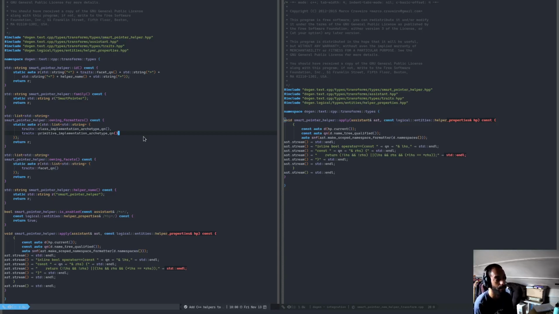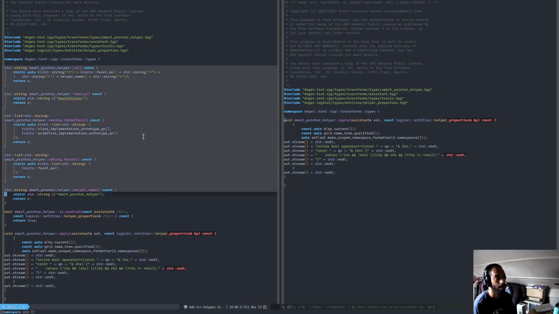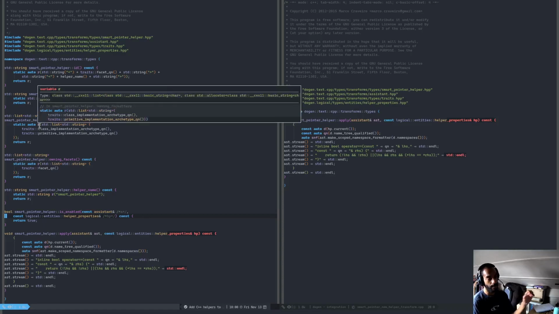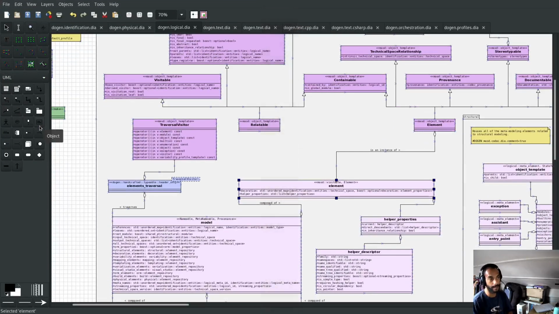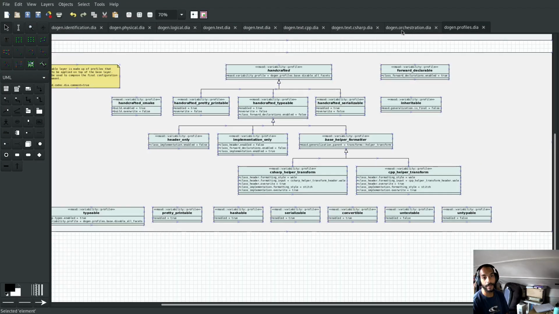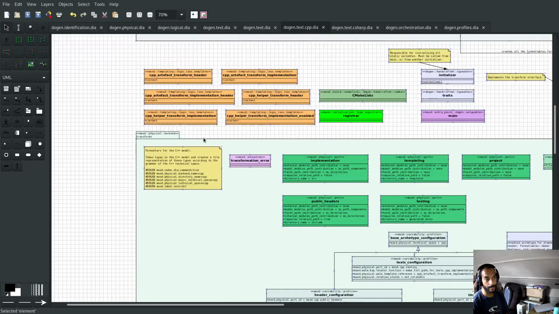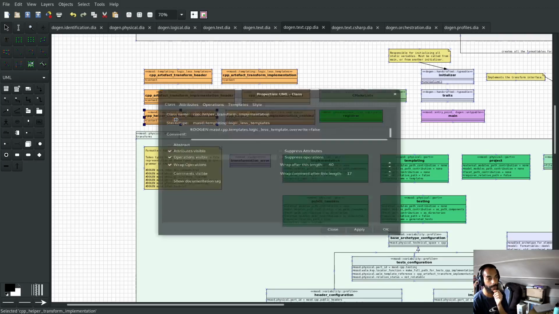Right, so what do we see here? We see that we're missing a whole chunk of stuff in this template. But other than that, it actually looks fine. The bottom of it looks perfectly fine, which is good. That's actually almost the ideal scenario. Everything is okay, we're just missing this bit here. Now, why are we missing this bit here? Well, it's actually probably not a coincidence. I think that that bit there, believe it or not, comes from the instantiation of the whale template. And I bet you that if I was to look at the CPP helper transform implementation,